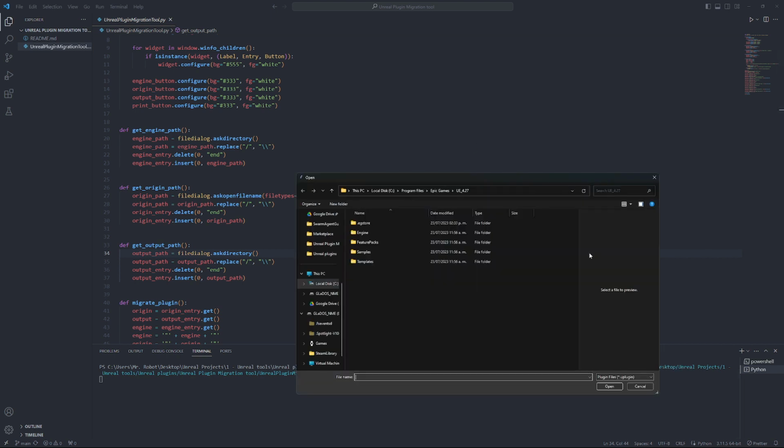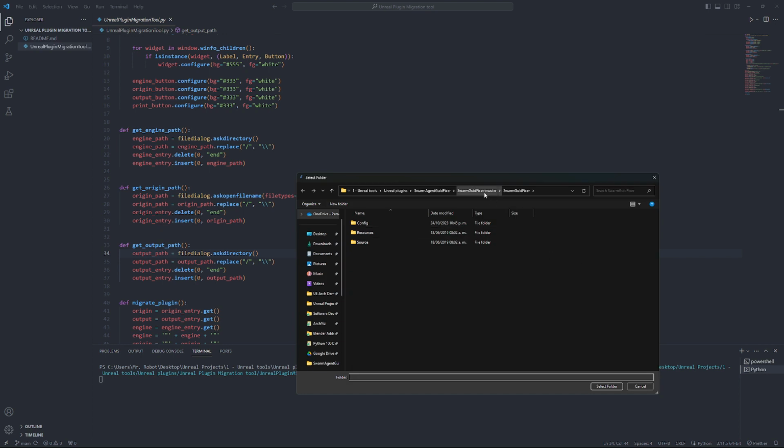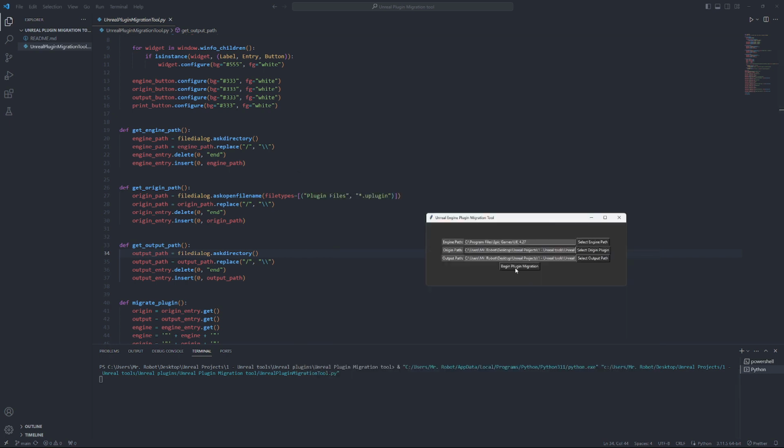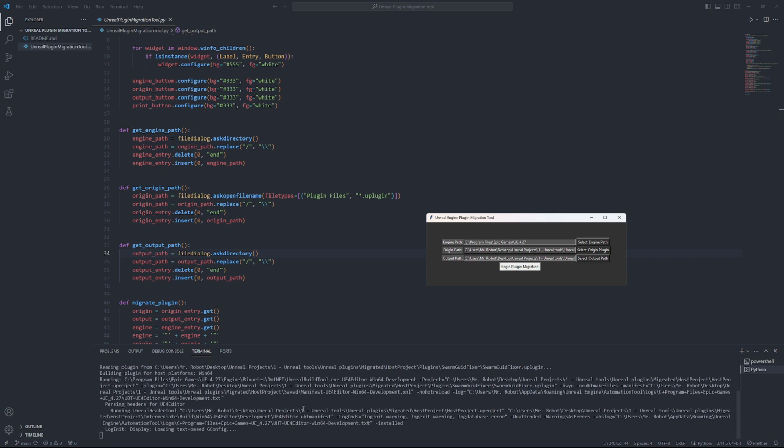And once you have that, you will have to select the origin of the plugin, which in this case I have right here, right? So I have the uplugin file selected. I select that, and then I'm going to select the output folder for this, which is going to be Unreal Engine plugins. Now, if I hit select folder and begin the plugin migration, this would actually execute the Epic